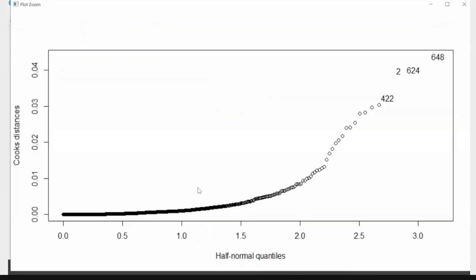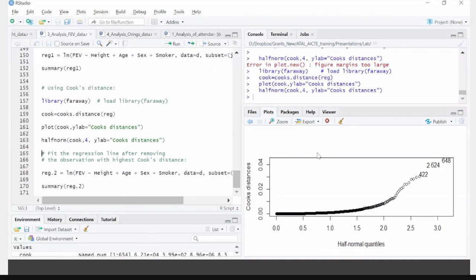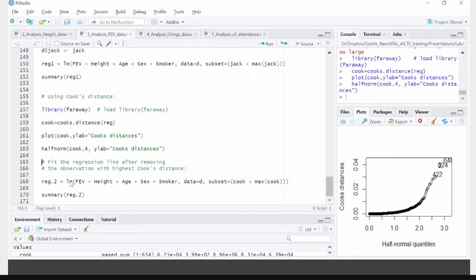So these are the Cook's distances, and you can decide whether this is a leverage point or not. And the good way is to check that again. So I'm fitting the regression line with the same data and the same model. The only thing is that I'll consider a subset of this data. So I'll only consider those points which are less than the maximum. That means I'm removing the point with maximum Cook's distance. Okay, and if you do that again,